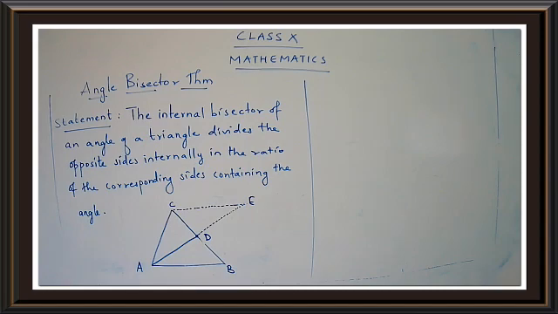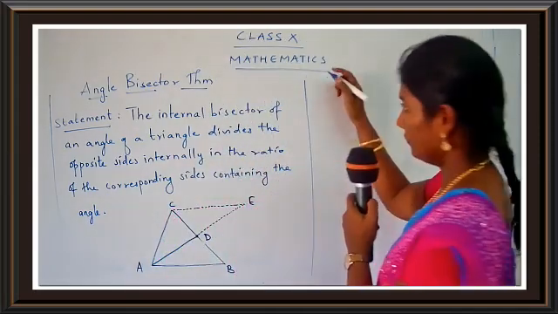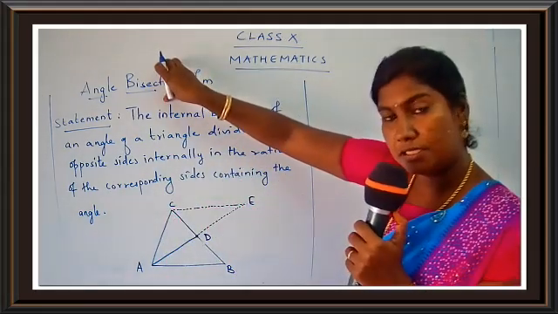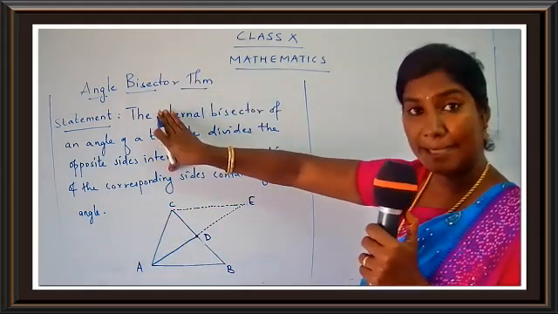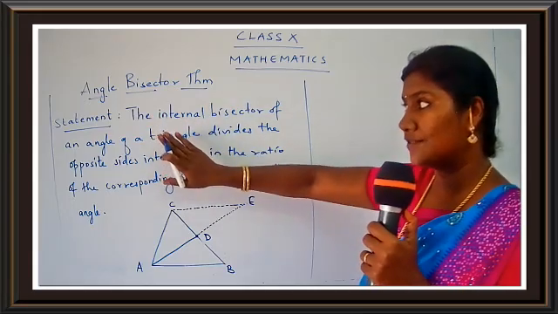Okay, have you taken down the figure? Let's go for the next part. What is the next part given there? Proof. So write down the heading as proof. We have written the name of the theorem. We have written the statement. I'll explain to you what the statement is. Just write down the statement.